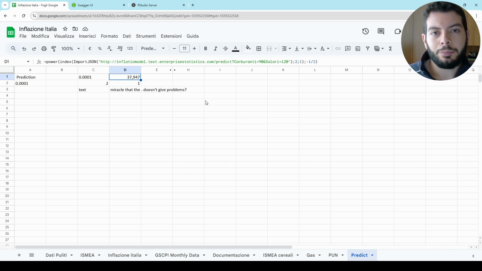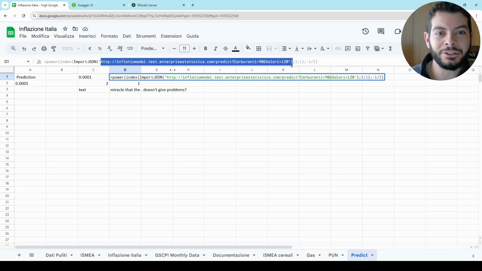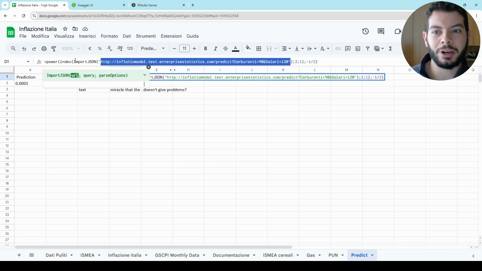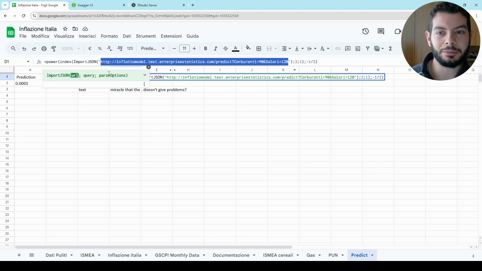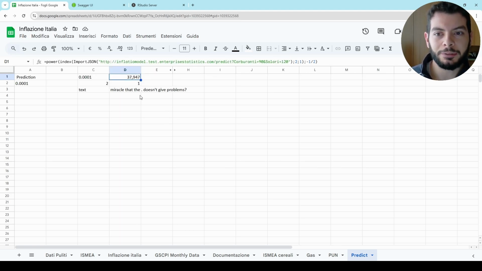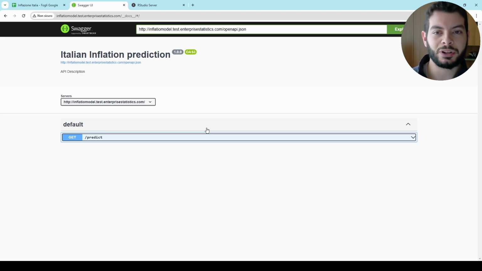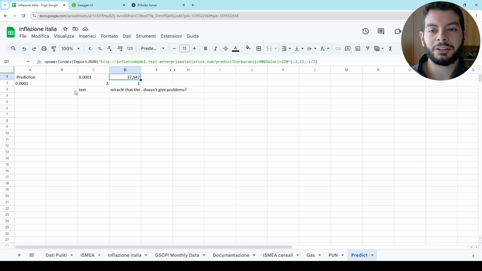Predicting the inflation can help you to, for example, stock raw materials in time and optimize costs. Of course, you understand that behind this link there is a model, and also behind this custom function, but the model is more behind this link because the rest is more or less easy to understand. And if we go to this link, we see the graphical user interface for our statistical model. Here we interact with it functionally with the Google Sheets functions, or also Excel if you want.